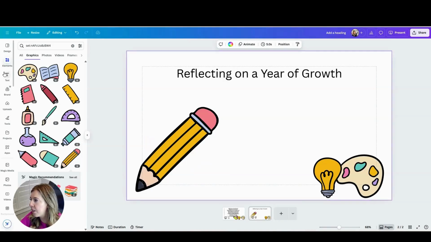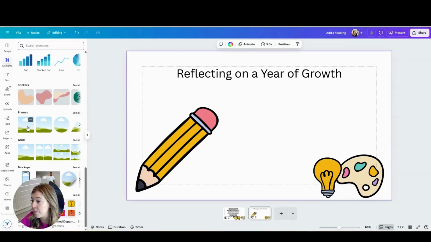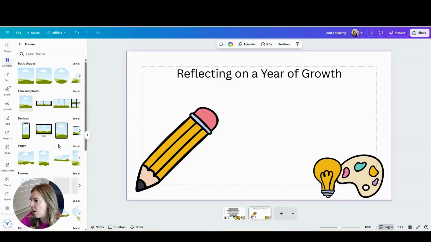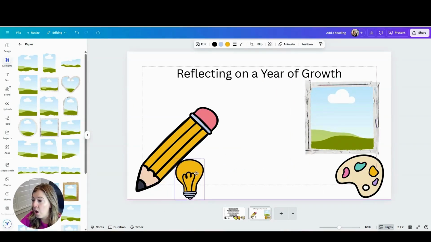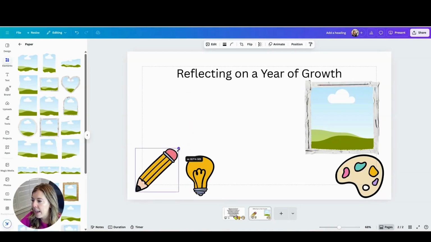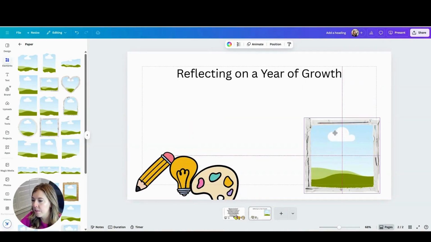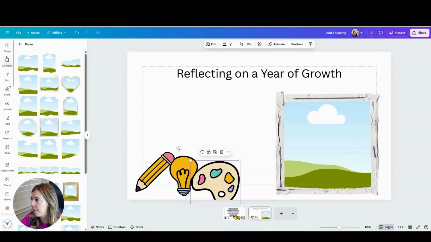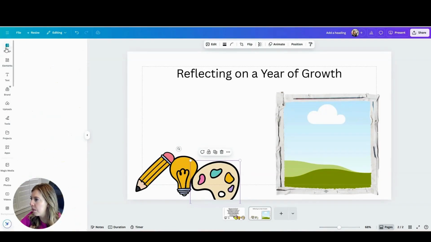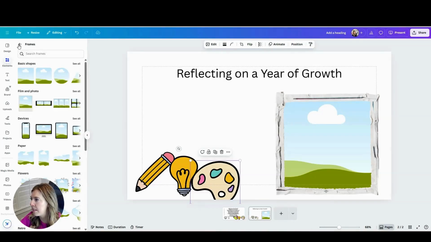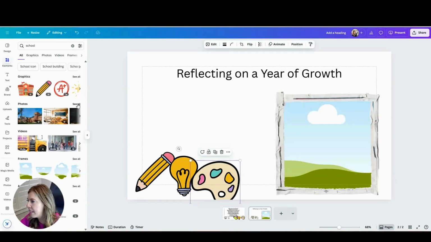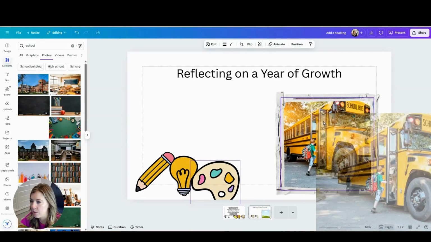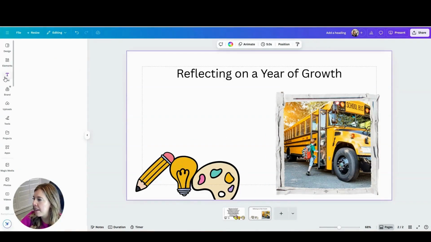And they can even go to elements and add some photo frames because maybe they want to add some photos. I like to come here to see all. The paper one might be fun with this doodle theme. And they can either add their own photos or they can add photo elements from Canva. So we're going to go ahead over here to design our elements here, and we're going to search for school and see what kind of fun school designs or photos we have. And then maybe they add a text box here